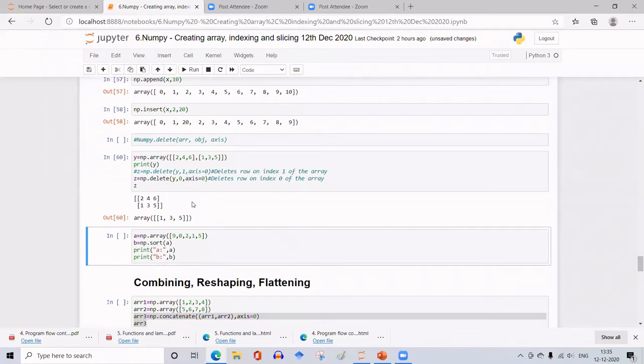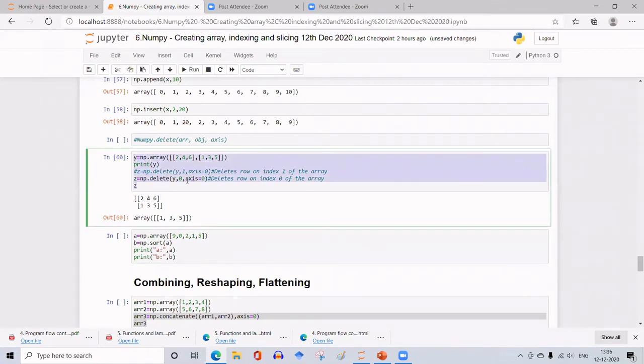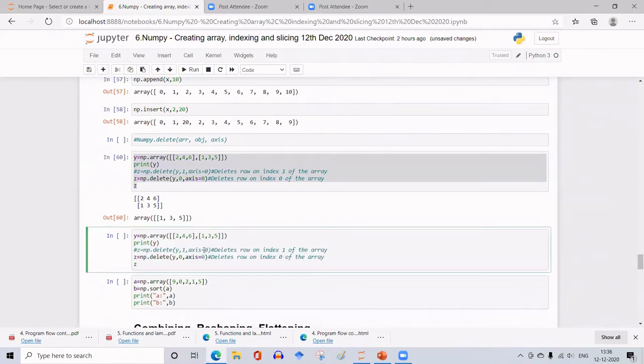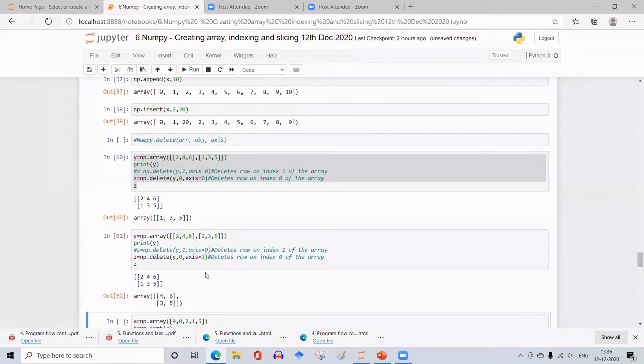Suppose if I make it axis 1, what happens? I'll insert a new cell. If I change it to axis 1, do I get it? So what has happened? 0th column is completely deleted, and the remaining parts are here, 4, 6, 3, 5.